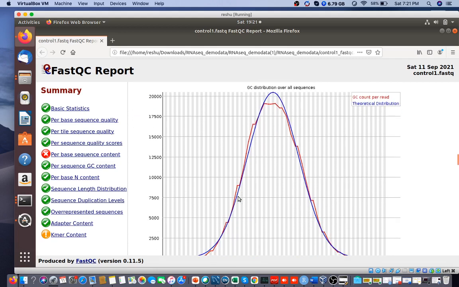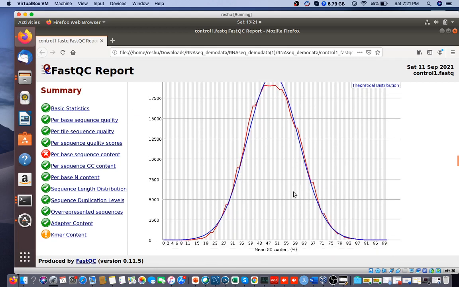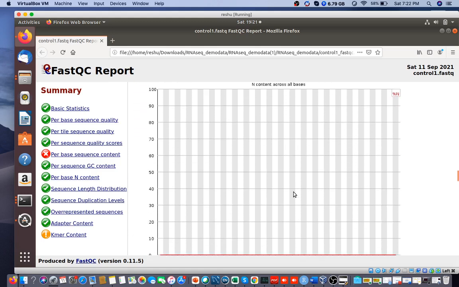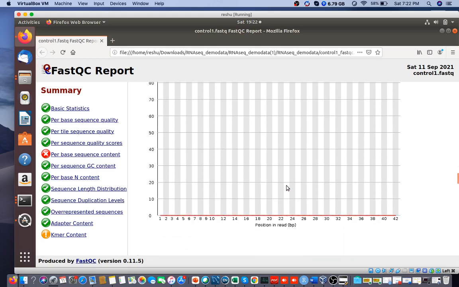Here you can see the GC content, which is quite good. This is the per base N content. Suppose you are getting an error, let's say a peak at 24 position, it means in 20% of the bases at 24 position, a particular base is missing. So it should not be the case. Otherwise, there is some error in your sequencing run,